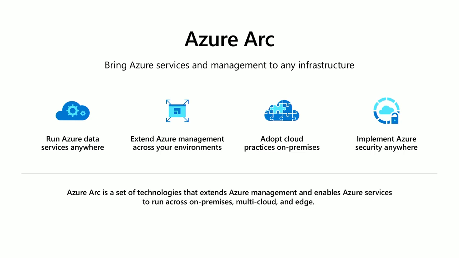Number one, Azure Arc allows you to run Azure data services anywhere. And Travis will show you and talk about what this means. But essentially, it means you get cloud innovation, you get Azure data services running on any Kubernetes environment. It's always up to date. It's always being patched. You get a cloud billing model, and you can scale in seconds. It's incredible, and you'll see some of this a little bit later.